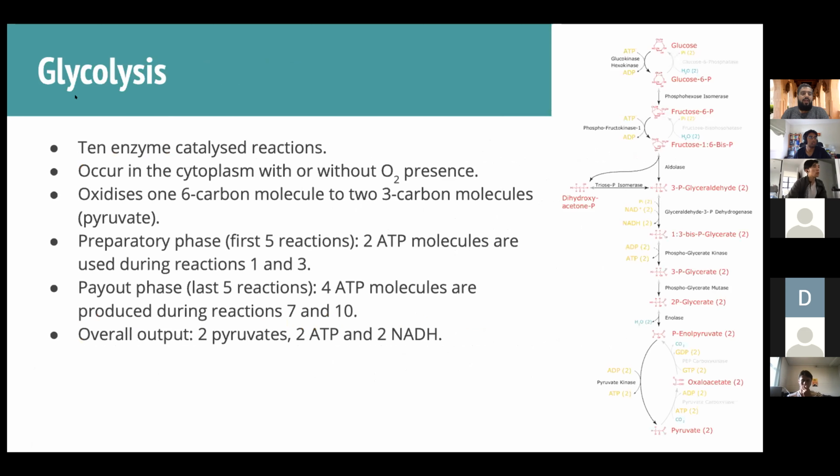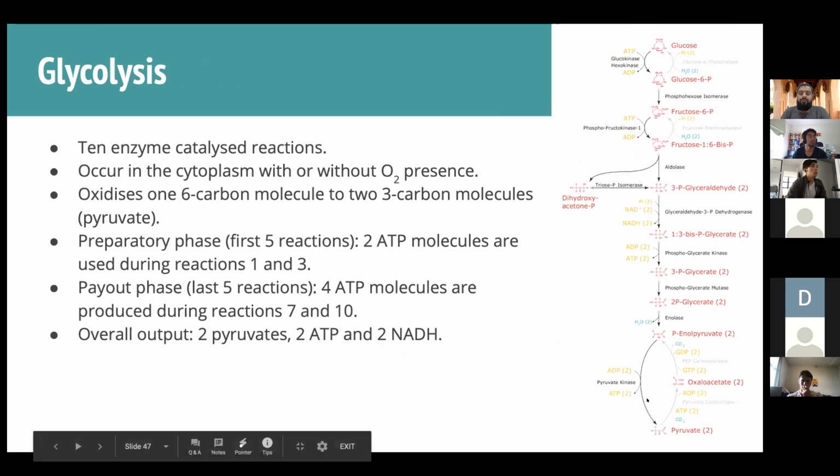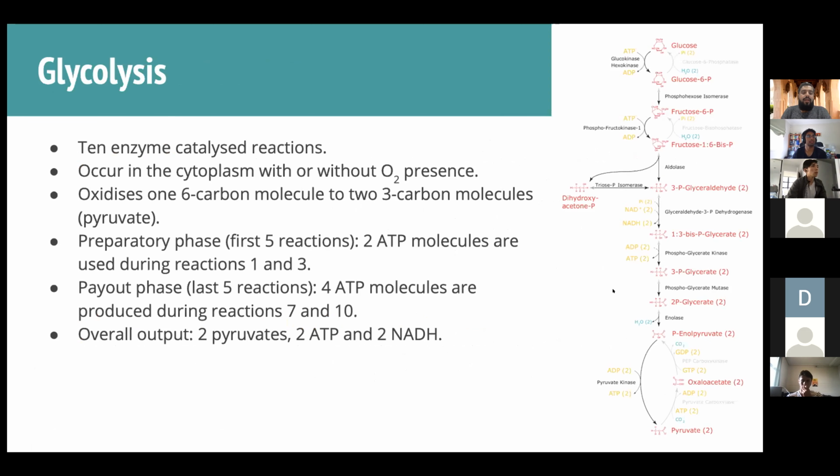So the first stage is glycolysis. It takes place in the cytoplasm, so it can happen with or without the presence of oxygen. It has 10 reactions. You don't need to memorize all of this, just understand the key features. Generally, during glycolysis, it will oxidize the 6-carbon molecule into two 3-carbon molecules, and we call them pyruvates. We can divide these 10 reactions into 2 phases: